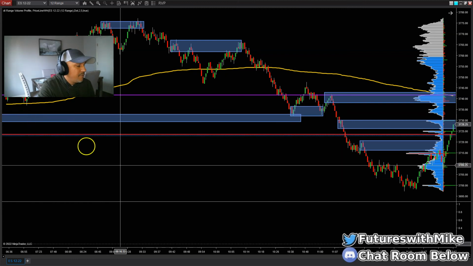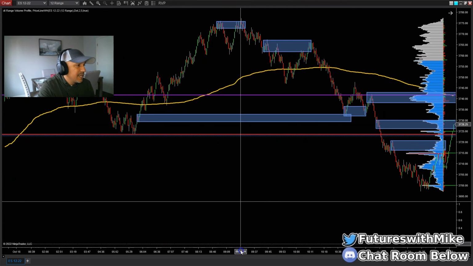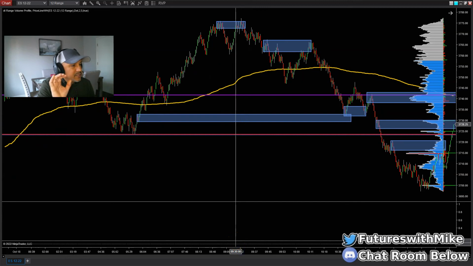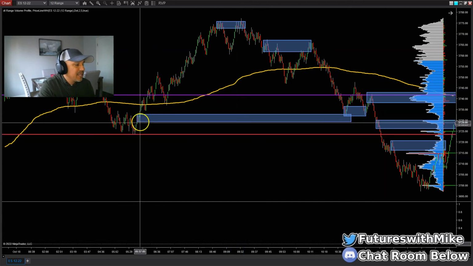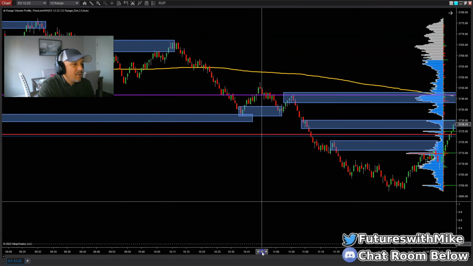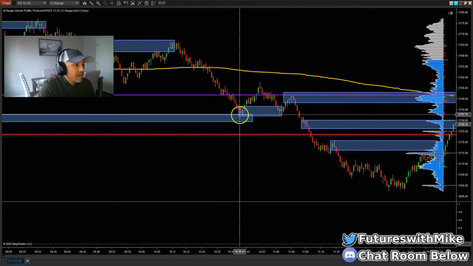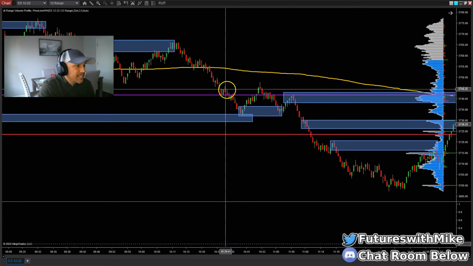It bounces off of some area of resistance or supply, or demand to the left-hand side. Not supply. Either demand or support off to the left-hand side. This is demand sitting right here. Either way, what I'm trying to show you is an example of demand on a setup. So price makes a low right here. It breaks higher, takes out these swings.